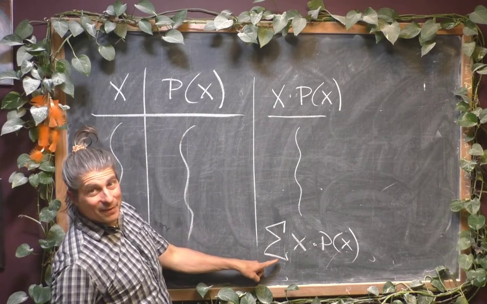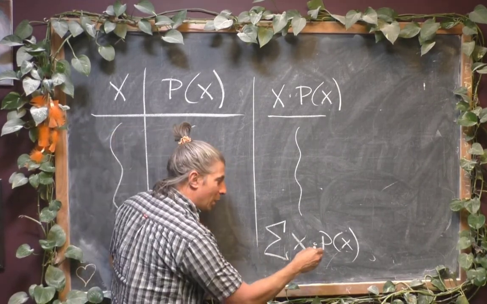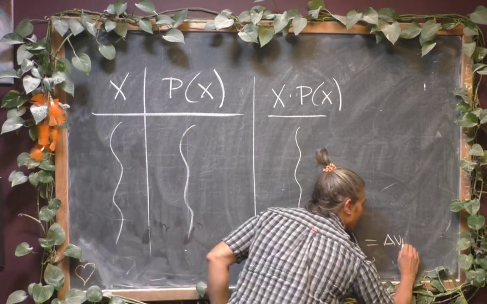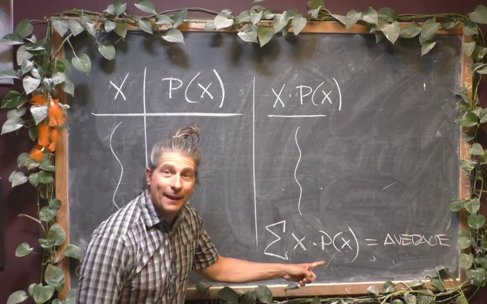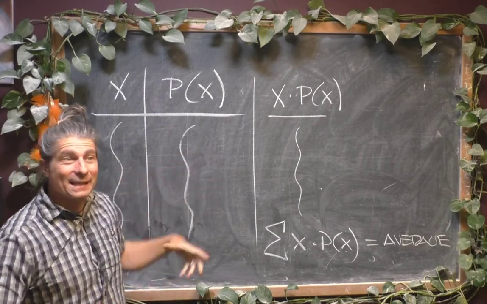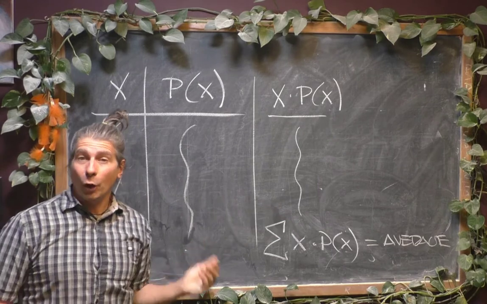Don't be scared away by this. It's that big sigma I like to use whenever I can. You're going to add up all the data times the probabilities, and that is going to be your average. You don't have to divide by anything because the division has already been taken care of in the probabilities. That's kind of the benefit of having the probabilities as probabilities. They're out of a hole.